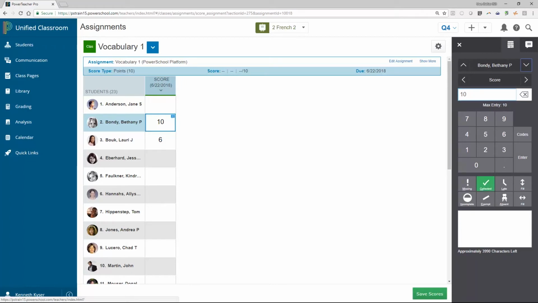You can even enter a comment such as "Great job" in the comment box. Now you want to fill all that information into the grade cells for each student in your class. With the cell with data selected, you will move to the score inspector and choose the vertical fill option. This will copy the information, the grade, the flag, and the comment in the selected cell to all the other